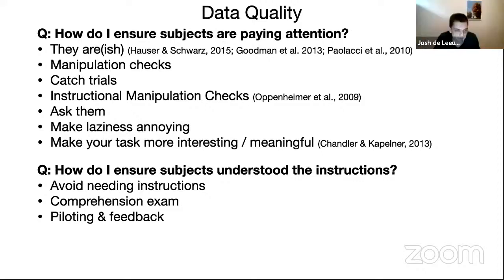Yeah, Josh. So somebody is asking about this avoiding needing instructions, and what about situations where experiments really do need very specific instructions or very specific kinds of participant experiment or interaction? So how do you deal with those kinds of experiments? Yeah, I think that is where the comprehension exam, like testing people if they understood the instructions,